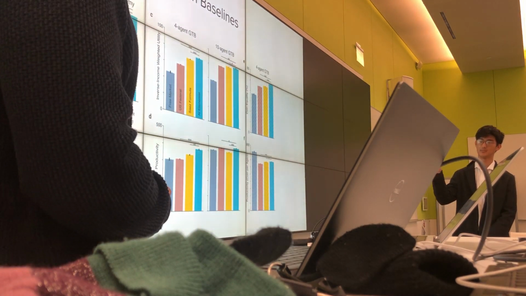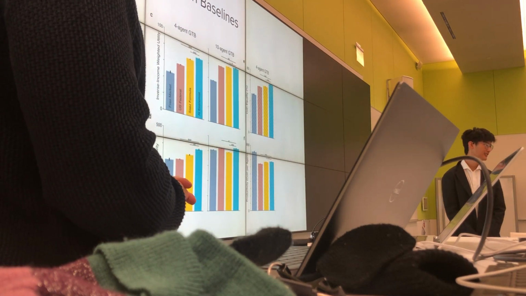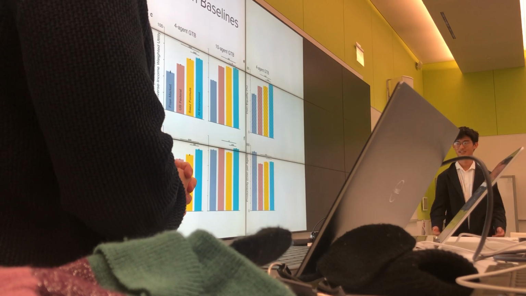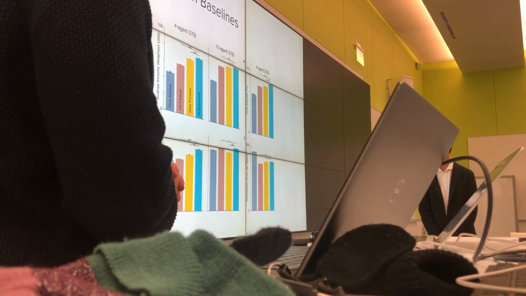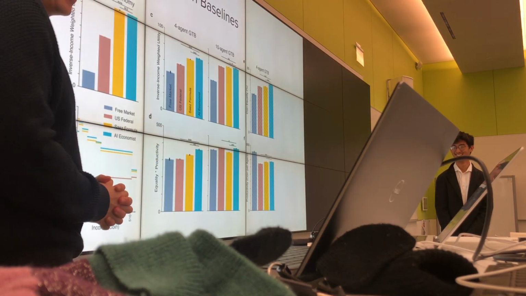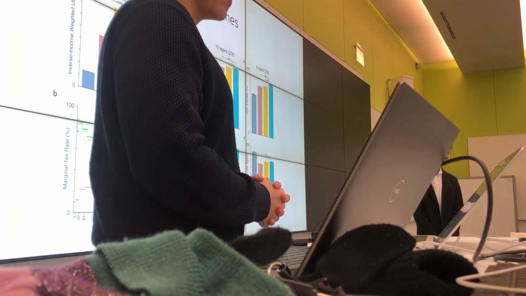And then I think it's also important to note that the AI Economist and Saez formula actually tax the people with lower income more, which I think is kind of unintuitive, at least for a liberal. So yeah, it's kind of interesting to see that's what it does.